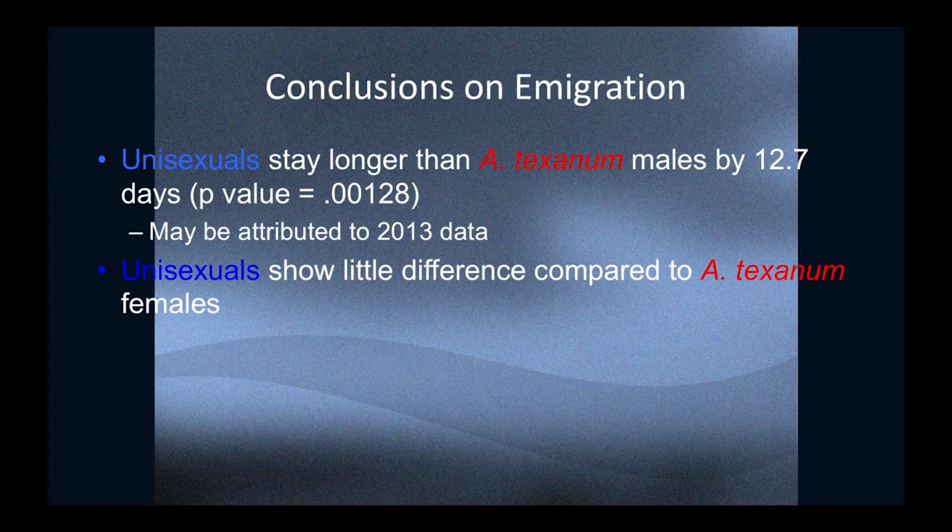So I did the same thing for finding the relative emigration dates as I did for the relative immigration dates, where the male Texanum, in all 4 years, on average left earlier than the females, so that was consistent across all years. And then the unisexuals showed a much later emigration date on average,